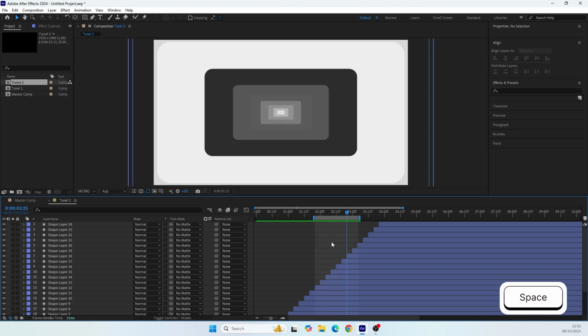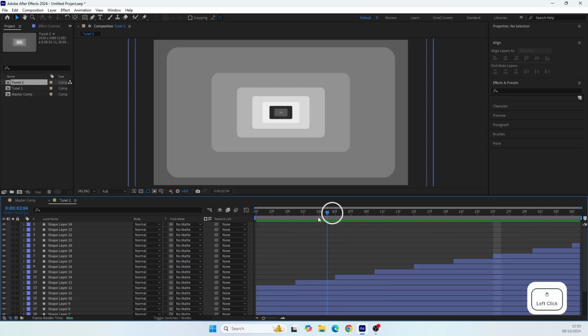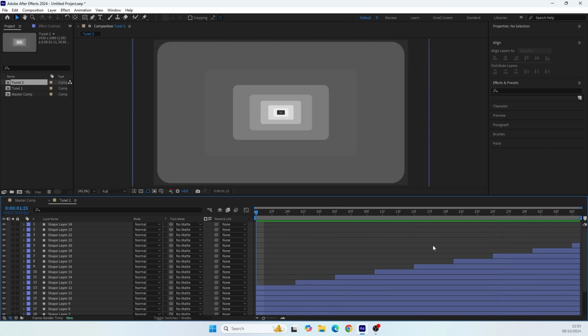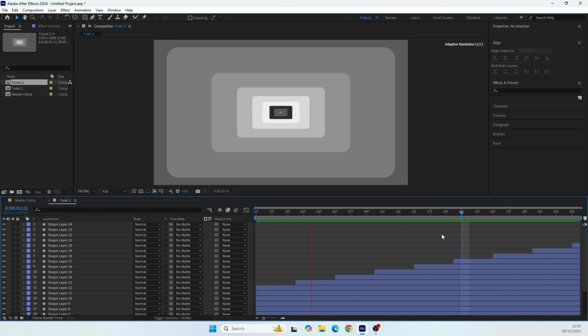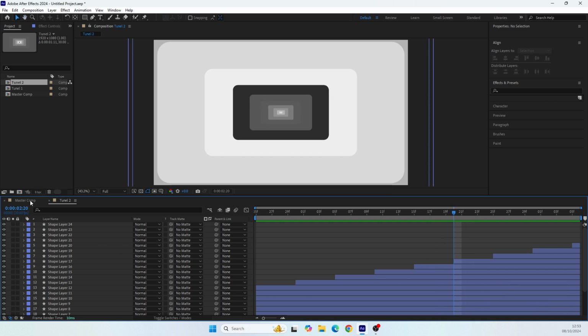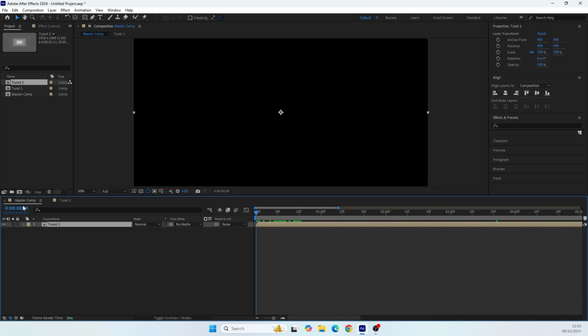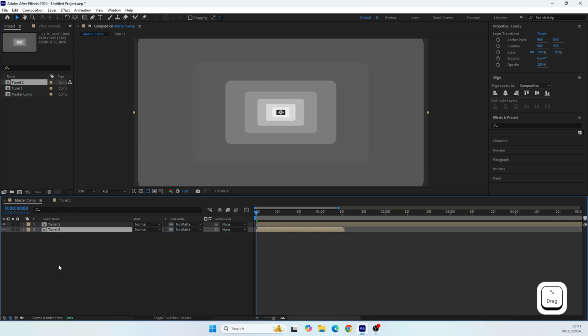So now when we have the perfect loop, we can right click on the work area and trim the unnecessary parts, so we stay only with the part of the timeline we selected. And we are ready to move on to the next step when we combine both of the tunnel animations we have.